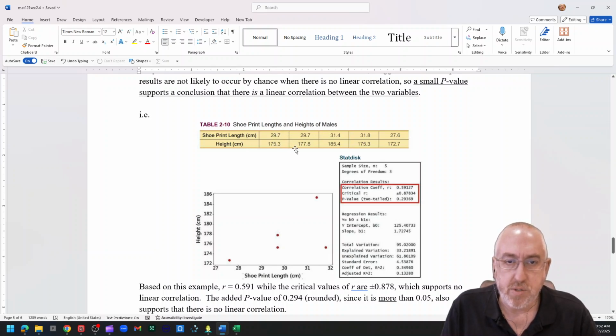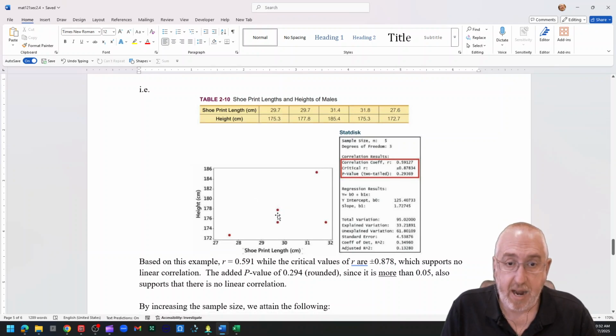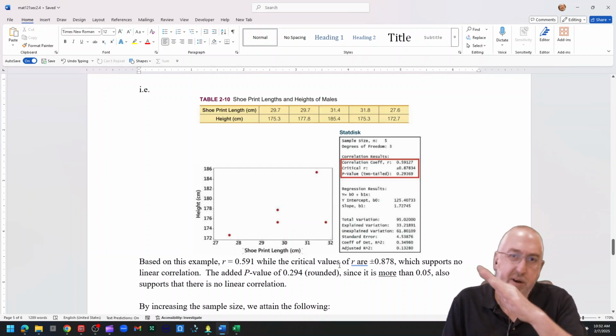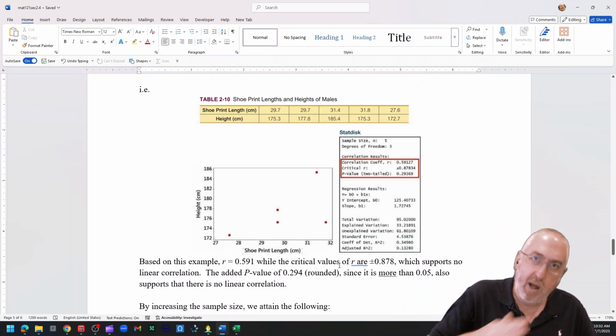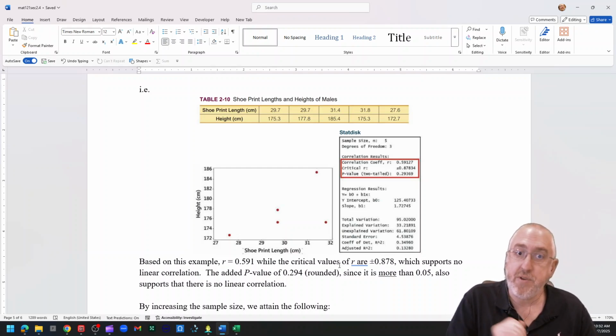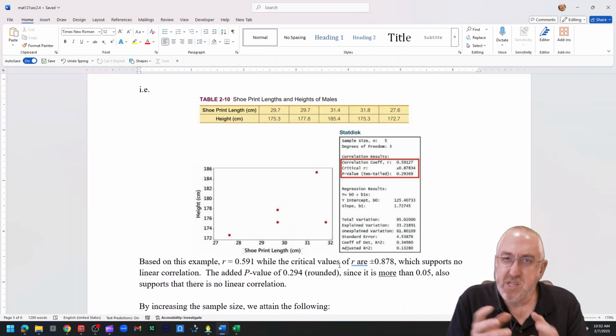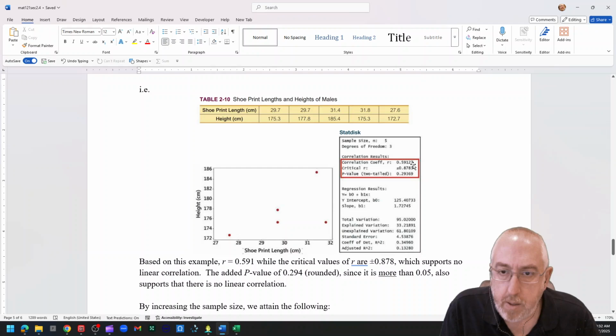So we have those paired data. There's 5 pieces of data, and they're plotted in the scatter plot. It has a little bit of an uphill climb from left to right. So it seems like there might be some positive going on there, but let's look at the numbers. So our correlation coefficient is